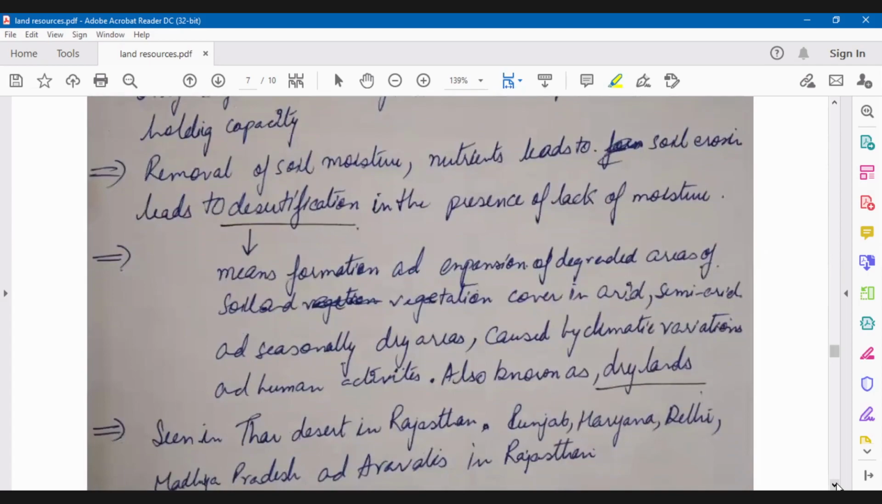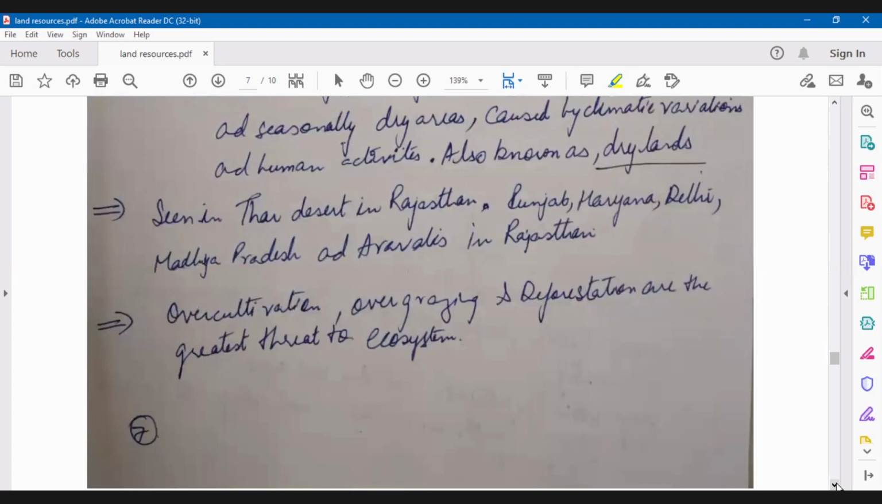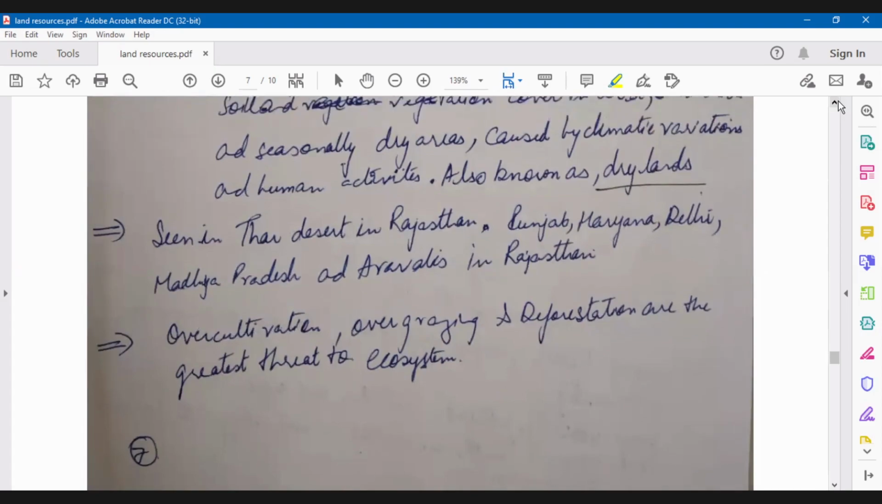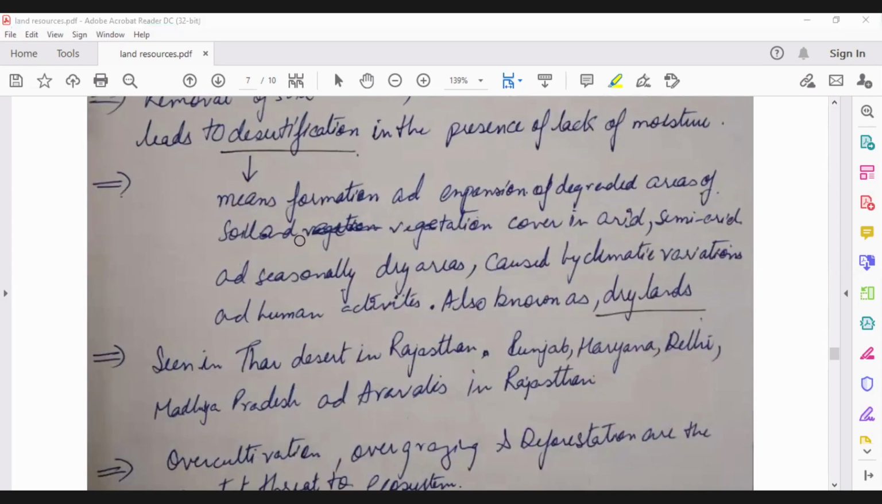So when we talk about desert and drought, it is basically low soil moisture and rainfall. Okay, so when there is a desertification and drought situation, there is damage to crops. Desertification means formation and expansion of degraded areas of soil and vegetation covering arid, semi-arid, and seasonally dry areas, caused by climatic variation and human activities. It is seen in the Thar Desert in Rajasthan, Punjab, Haryana, Delhi, Aravallis. So this is all about your